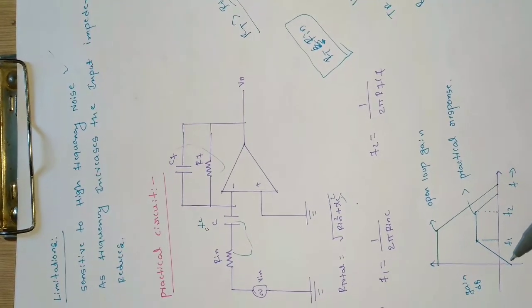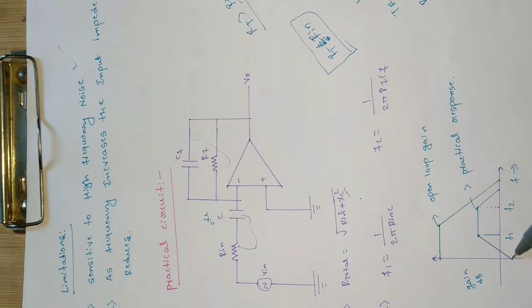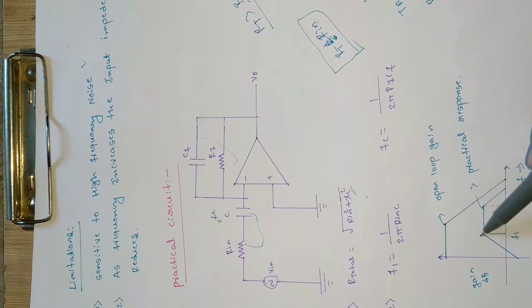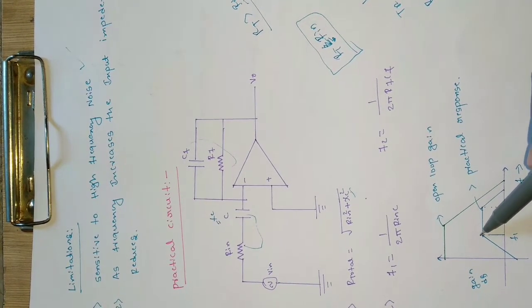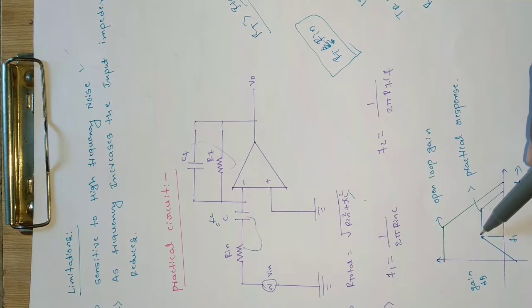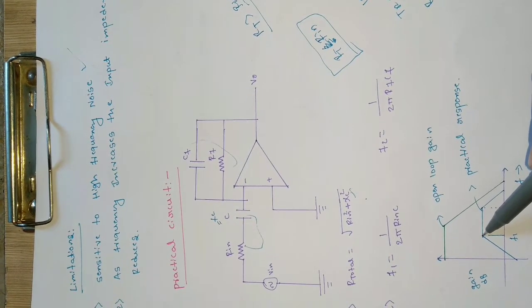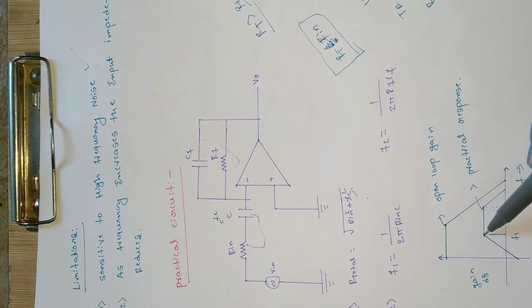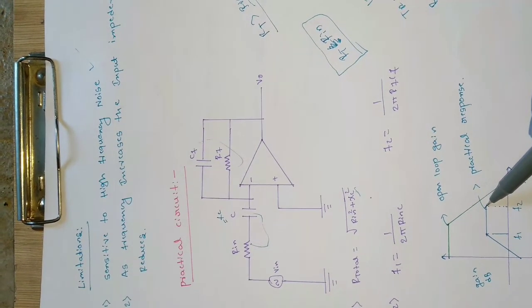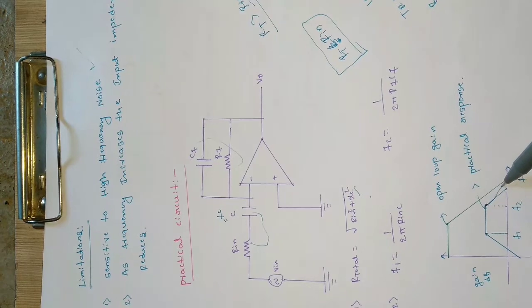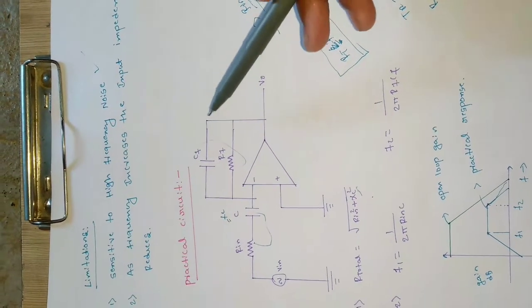Coming to the practical, up to cutoff frequency F1 it will be increasing, and from this point, as it is a low pass filter, it will block the high frequency content, and it will only allow the points which are equal to this point. So it will be constant up to the second point, and from there onwards it will again decrease, because this is again a low pass filter here.